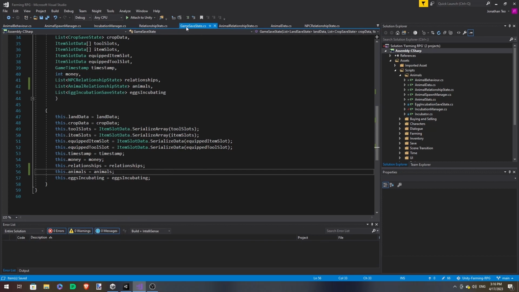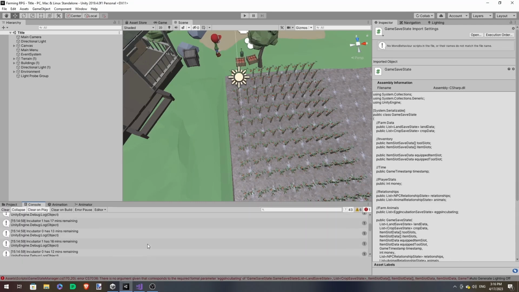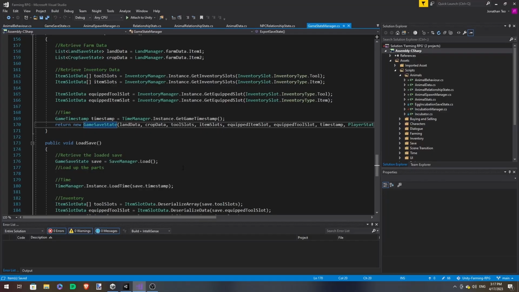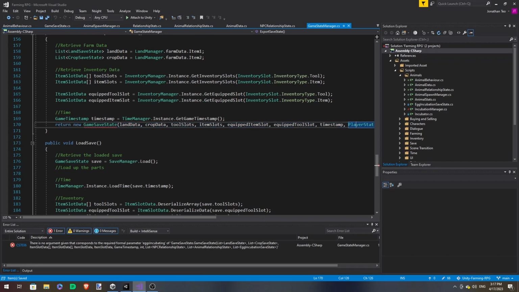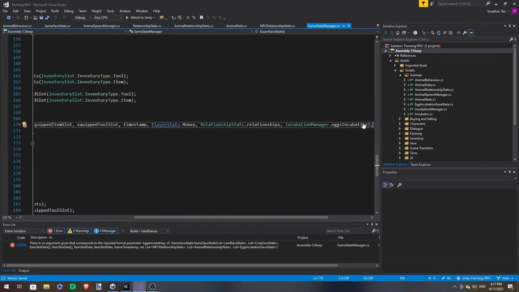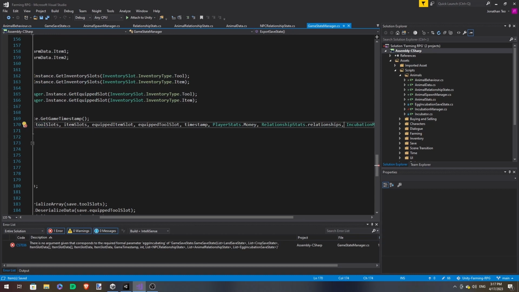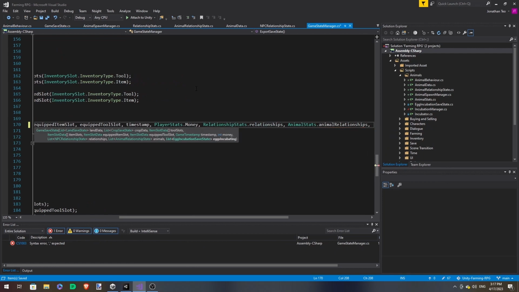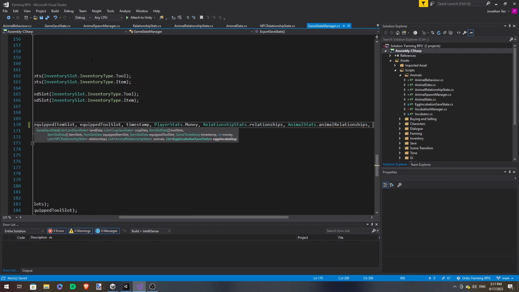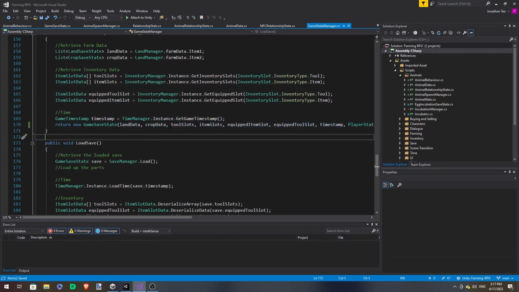And of course, this is going to throw all sorts of errors because we don't have the constructor set up correctly. No problem. Of the relationships. And that's fixed. And with that, it's going to save our animal relationships.